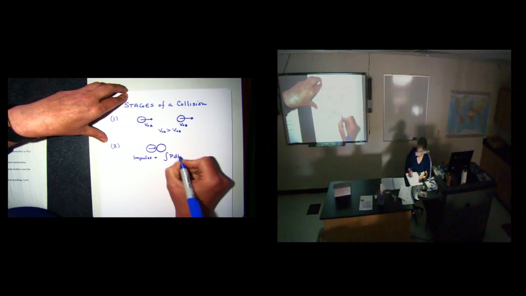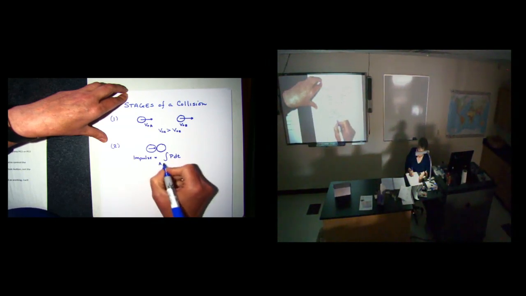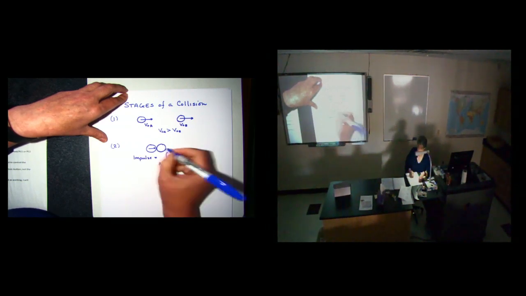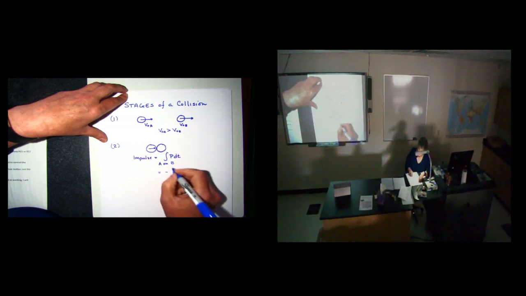So frame of reference becomes important. This is impact, this is impulse, so it's going to be the force. We're going to use P and R partially because of what we're going to call